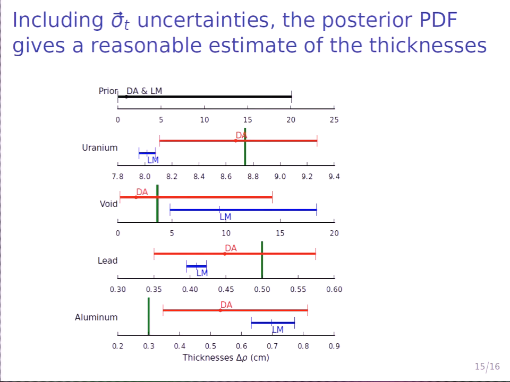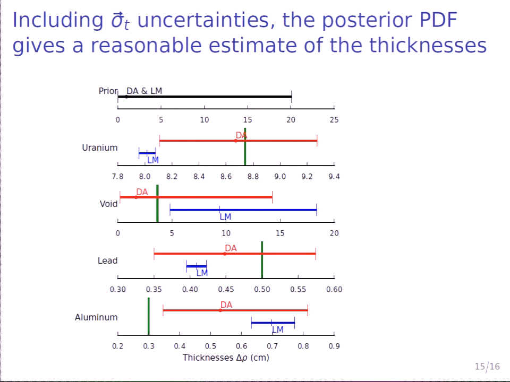The second observation is in the void row here. We see that we've estimated somewhere between 0 and 15 centimeters. That doesn't really sound that great. But if you think about what happens in the void, pretty much nothing. And so it's not surprising that we have very little knowledge about that thickness. And then finally,